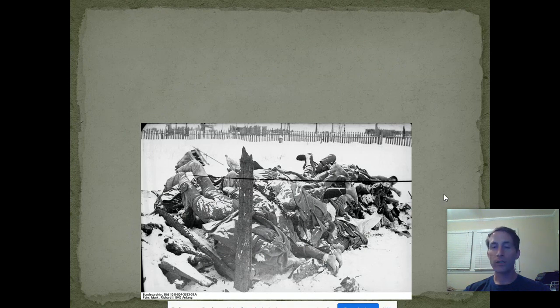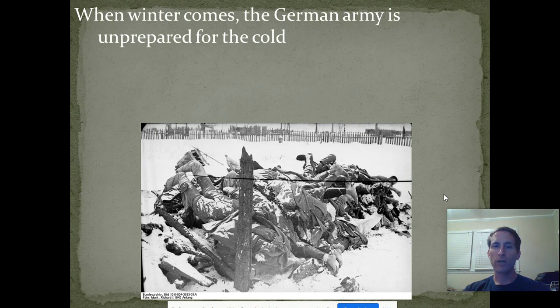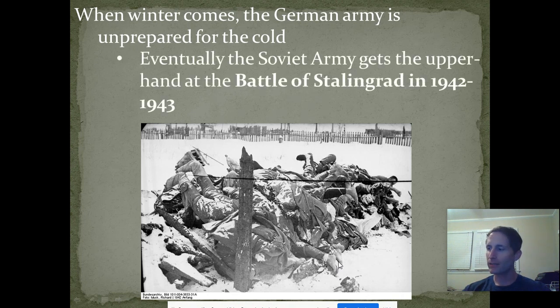So because the Germans don't have land, they're in a foreign country, they're in the Soviet Union's land, they don't have supplies, they don't have enough shelter, they start freezing. When the winter comes, they're unprepared. I mean, if you'll notice, and this is kind of sad or gruesome, but you'll notice this is just piles of dead bodies. You notice a lot of them don't have shoes or boots on because other soldiers would have taken those off of them because they needed those boots for themselves because they were so short on supplies. So eventually,